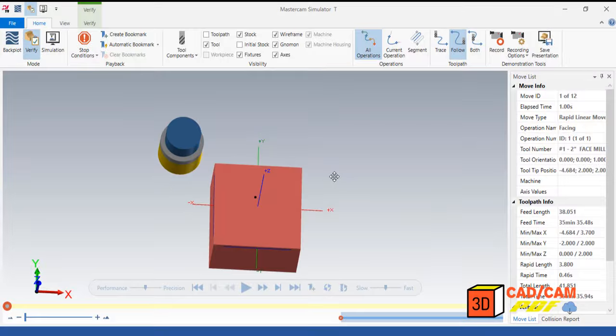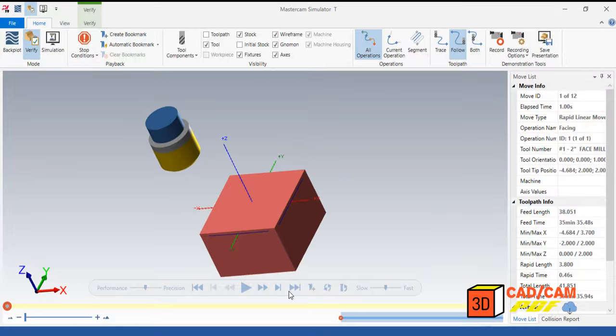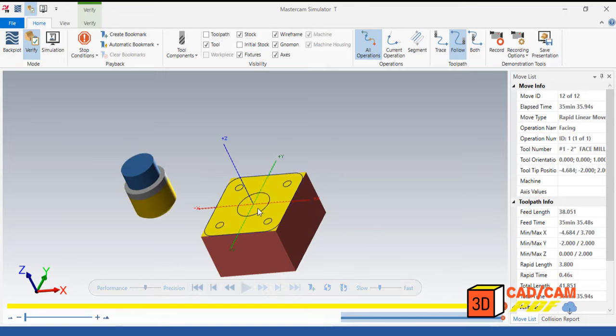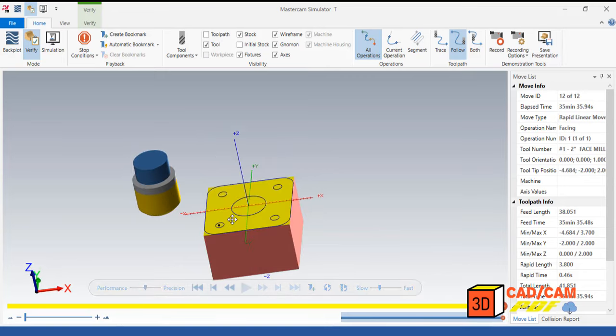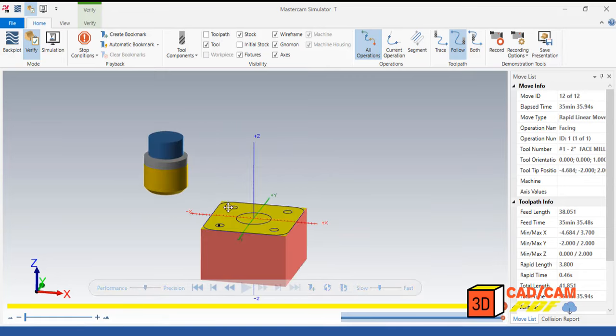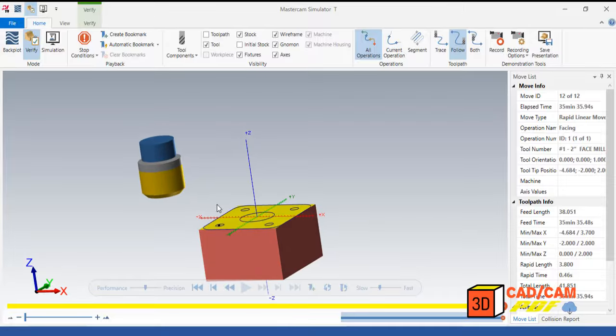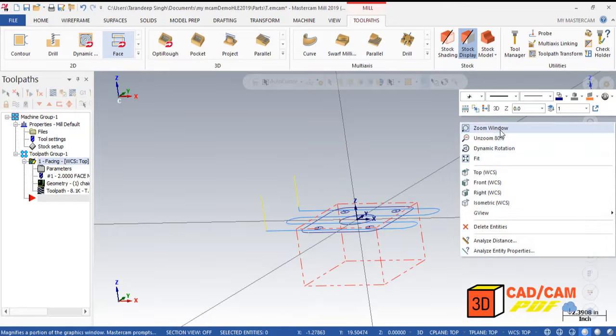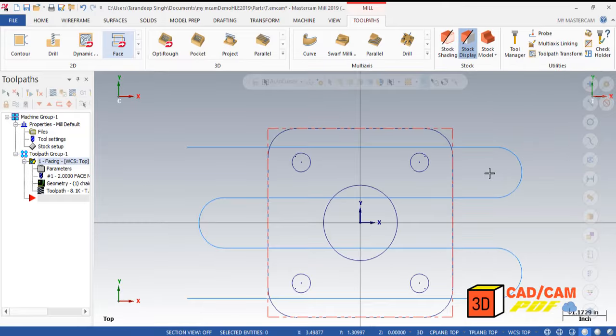So yeah, here you're gonna see now. Let's get started. Show the simulation. Yeah, and you can see the color change. It means it got some facing operation on the top of it. So this step is good. So minimize this window, and then click on top, and then our next step is gonna be